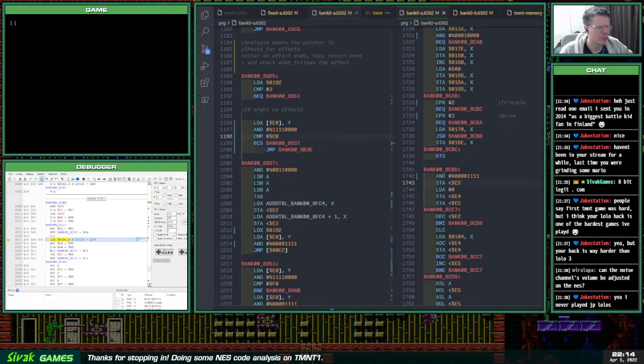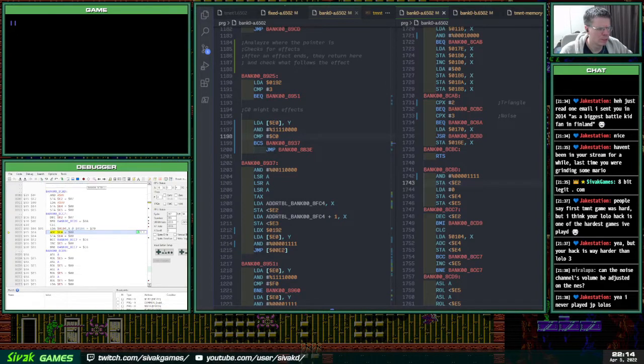Wondering if E2 and E3 are not just for the effect pointer, but some kind of temporary memory that this uses. Because they're clearly not using it for pointer purposes up there. So the 7, 0 was the value we just backed up. So we're adding 0, so